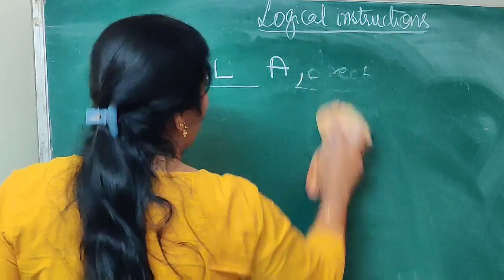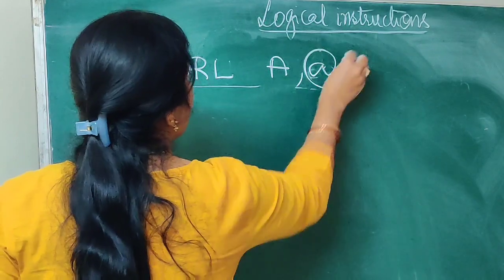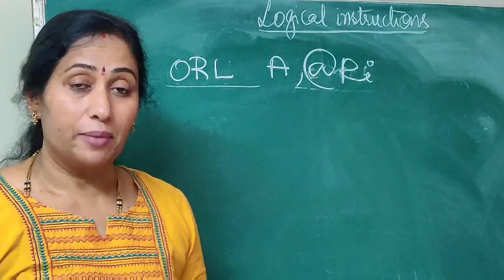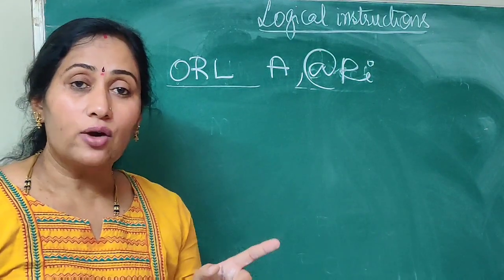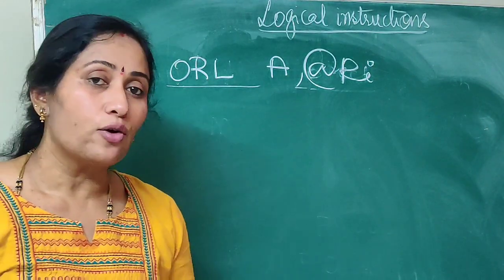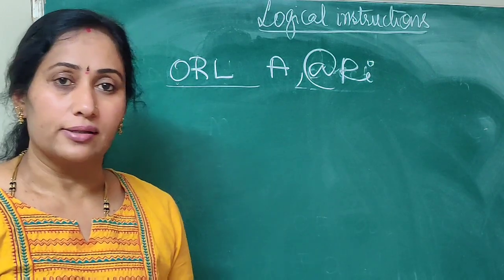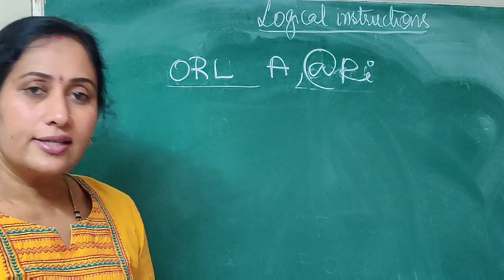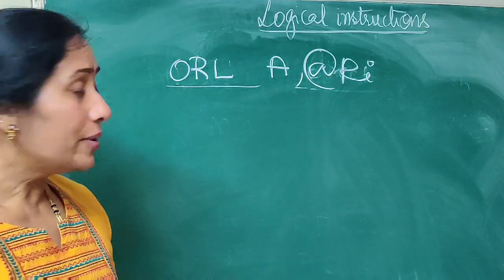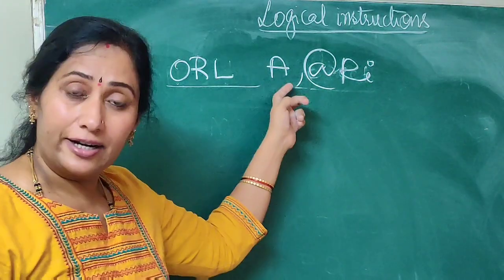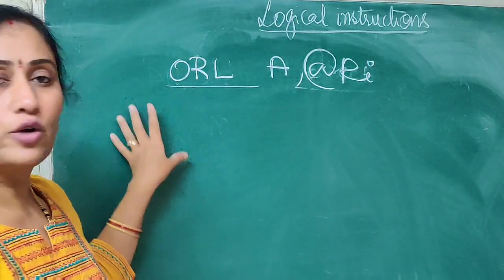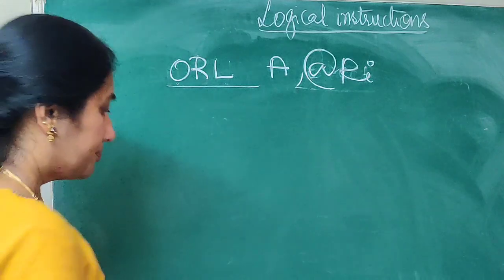Next we go for the indirect addressing mode, wherein I specify the source operand indirectly. I say that in R0 or R1, which are the memory pointers, there is an address, and in that address there is data. Take that data, OR it with the contents of the accumulator and place the result in the accumulator. This is the OR operation.